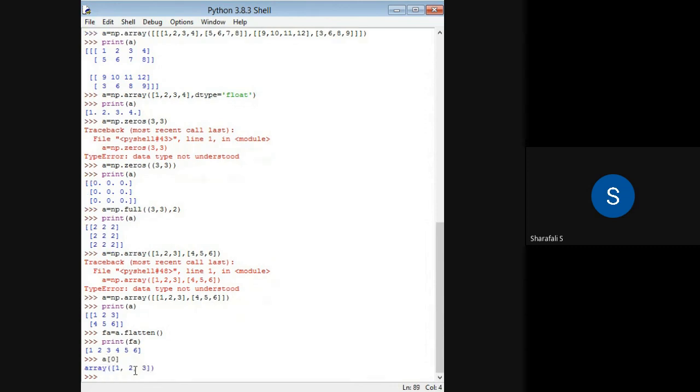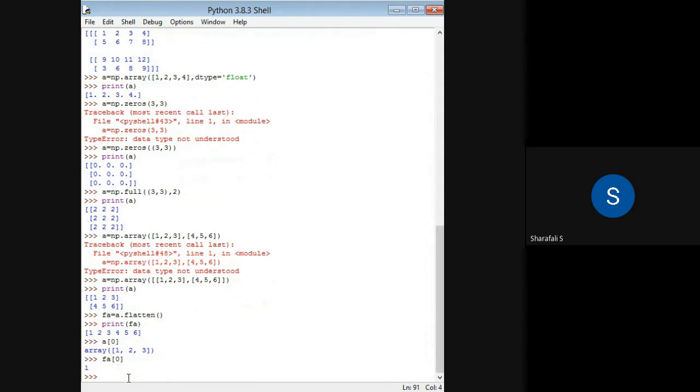Because I have written a as this, I have to write fa, since fa is my single dimension, or one dimensional array. So I'm now considering fa. For the one dimensional case, I have to write it like this. So fa of 0, you can see that it's 1. That is the first element of this one dimensional array.